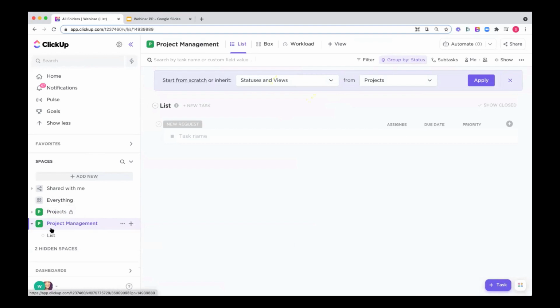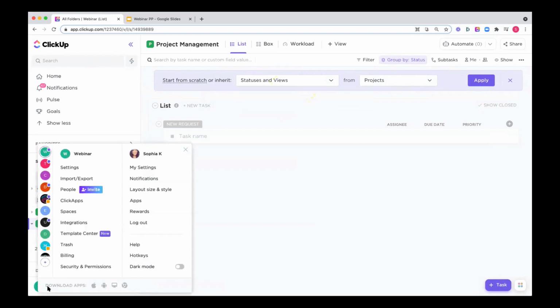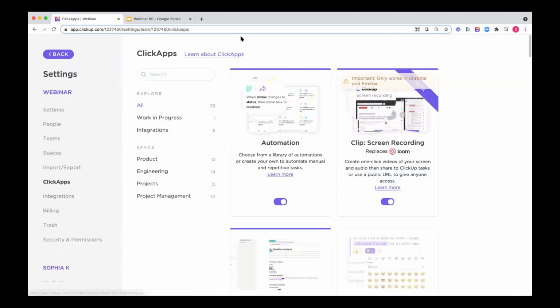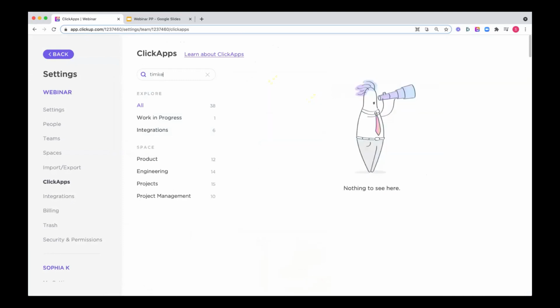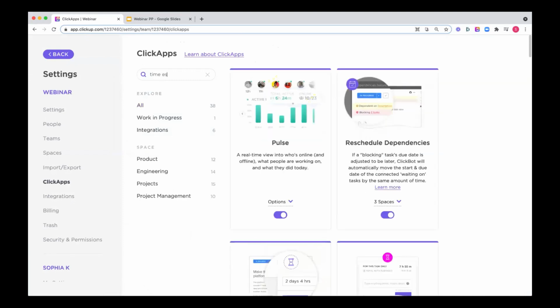Now we'll come back into the next steps for adding in folders and lists a little bit later, but that's a good place to start in terms of creating your initial space. If you're an admin, you will also be able to check out the ClickApps settings area. There's a couple of tiny customizations related to the sprint points and time estimate ClickApps that you might be interested in. So to look at the time estimate one first,